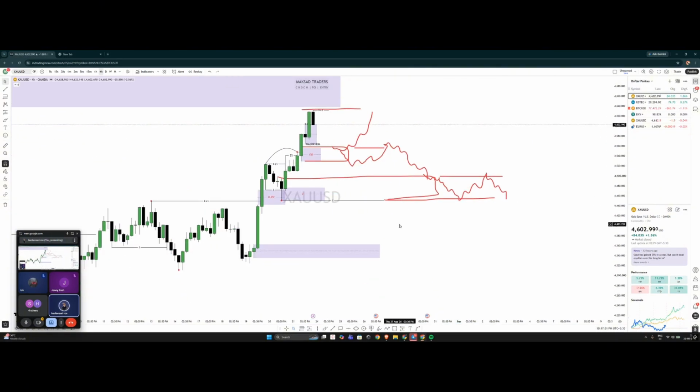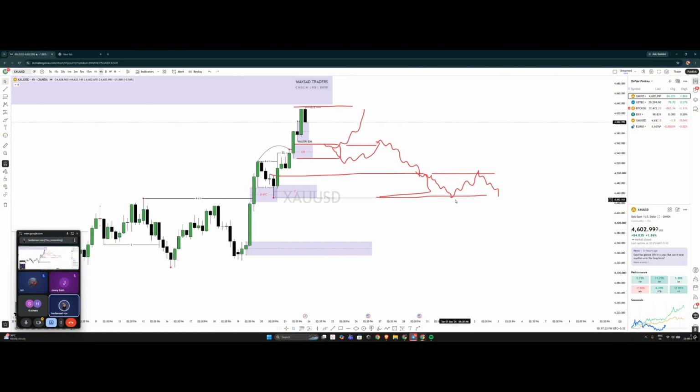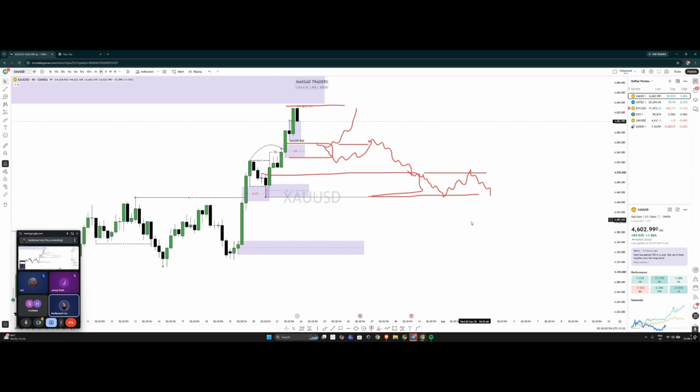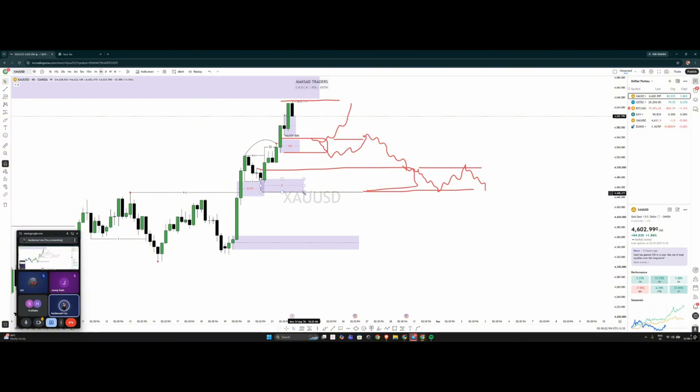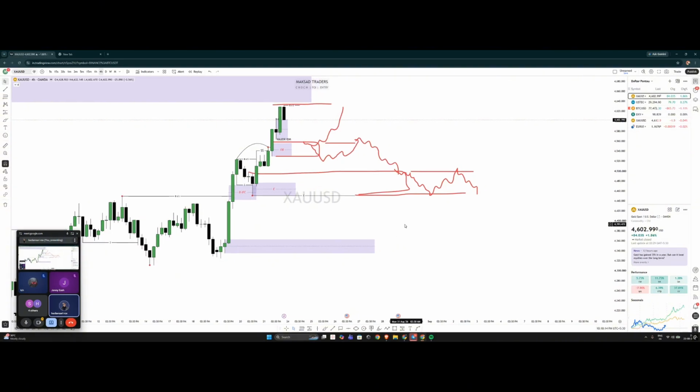If the sweep didn't happen, if it closed with the body, then obviously you will continue going down according to the 15-minute or 5-minute time frame. You know how to do that. And then after the inducement of 4 hours, the area that we are talking about, like this one, this will act as your order block, and this will act as your fair value gap. Okay, so we'll look for the buy at this area.